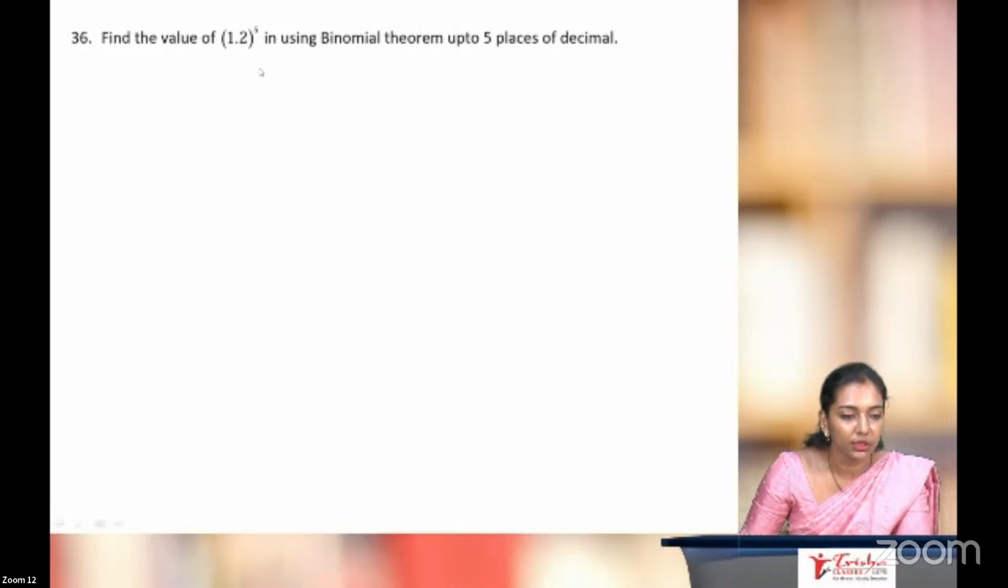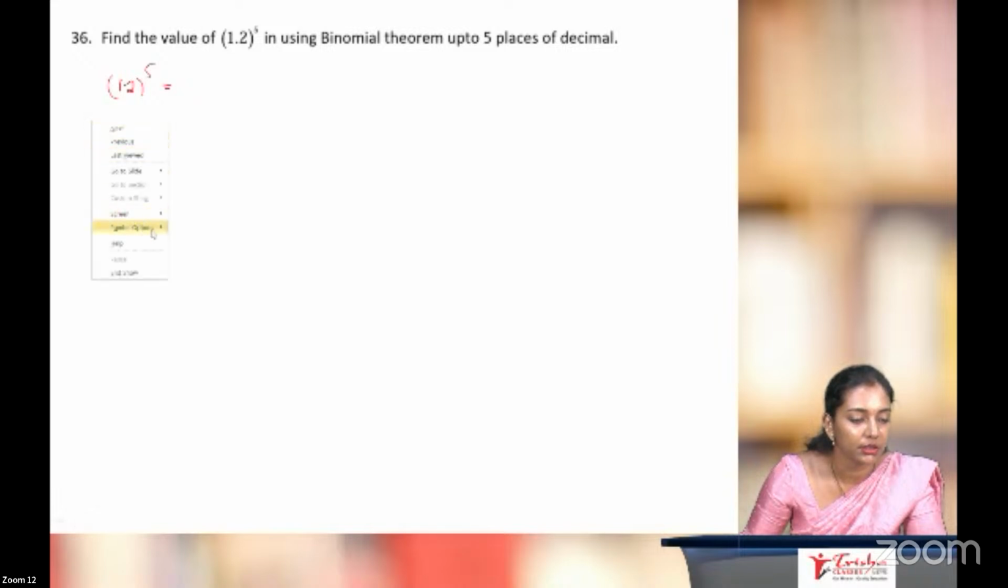Using the binomial theorem. Okay, so how can you split this? 1.2 to the power 5. So you have a binomial theorem, right? (a + b) or (x + a), how do you use it? So (x + a) whole to the power n equals